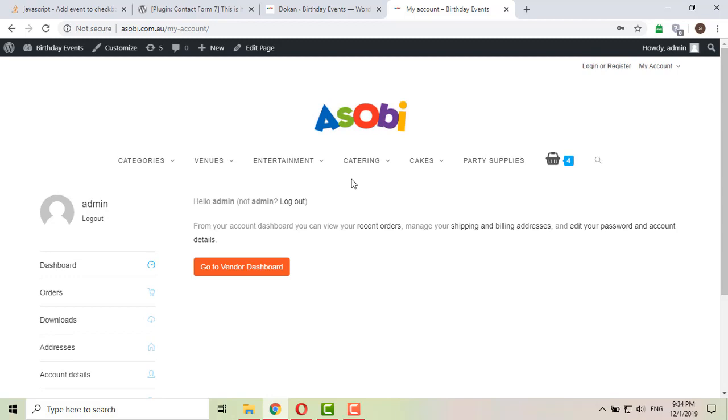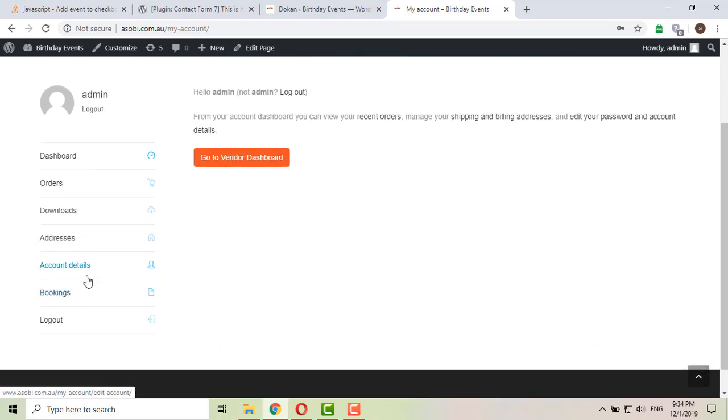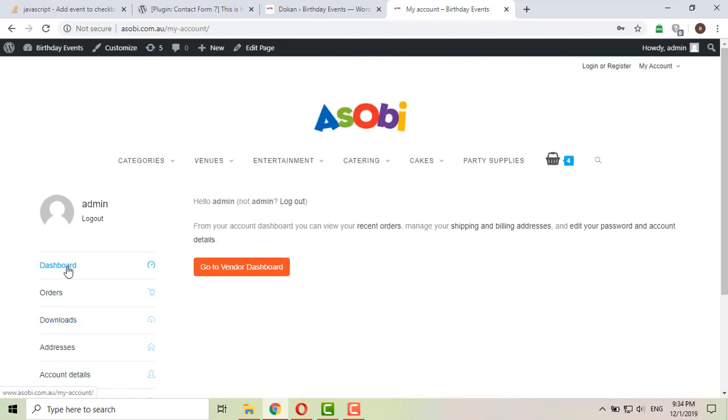It's not the specific dashboard, but you can say it is the overall main dashboard, from where he can go further to the specific dashboard. He can also see his orders, downloads, addresses, account details, bookings, and logout. So first of all, we will go to the dashboard.